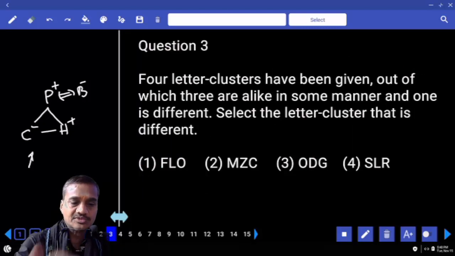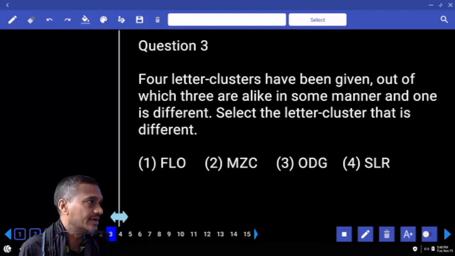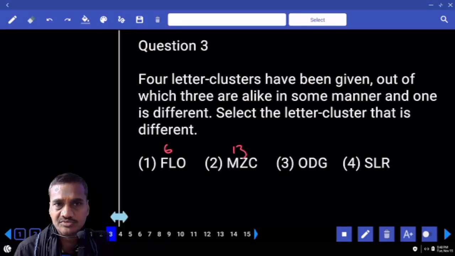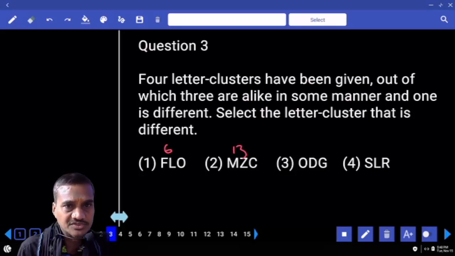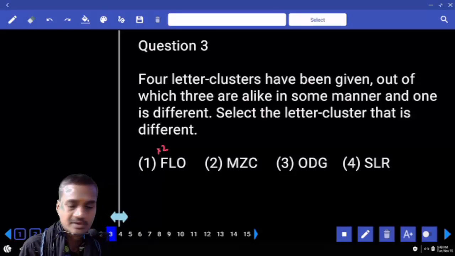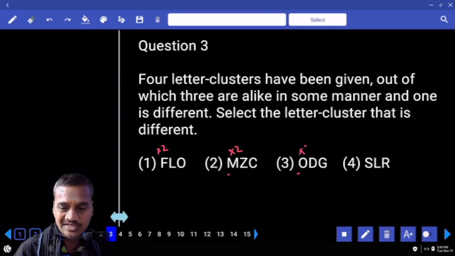Then coming to question number 3. F and O, the difference is plus 6. Taking M and Z, the difference is 13. And here O and D, what is the difference? Now the difference is not constant. What is the value of F? 6. And L is 12. 6 and 12, multiplied by 2. Now M is 13, 13 into 2 is 26. And here O is 15, 15 into 2 is 30. The 30th letter, 30 minus 26,